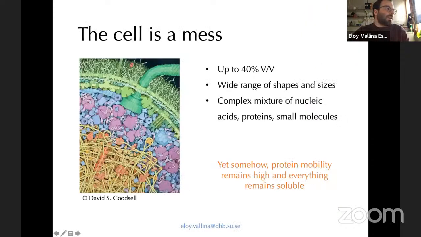Right, so all of this started at the beginning of my PhD by recognizing that the cell is a pretty messy system from the point of view of a physical chemist. It is very crowded, up to 40% particles, protein and nucleic acids, in volume. And it is made of a wide range of shapes and sizes, which makes for a difficult description of it. And in this mixture also, small molecules participate. And despite all of this, protein mobility and solubility remains very high in the cell,